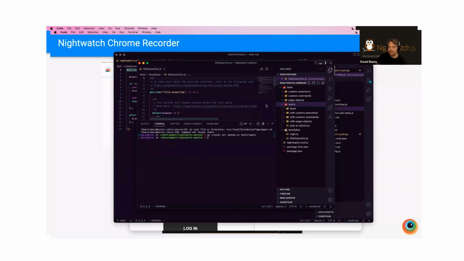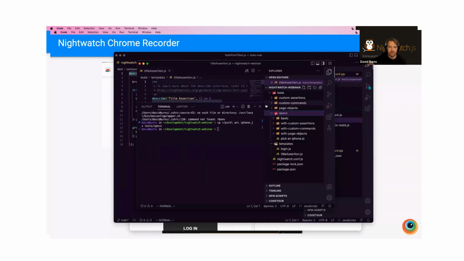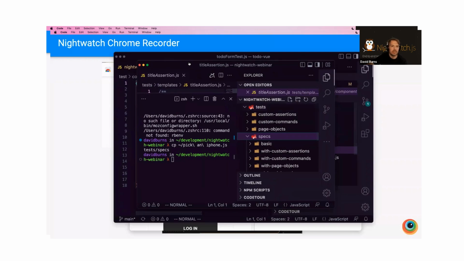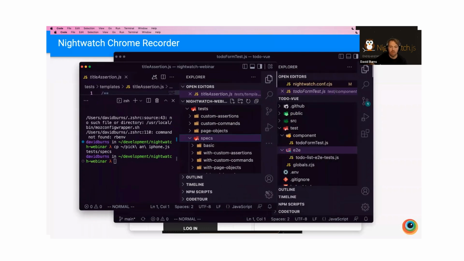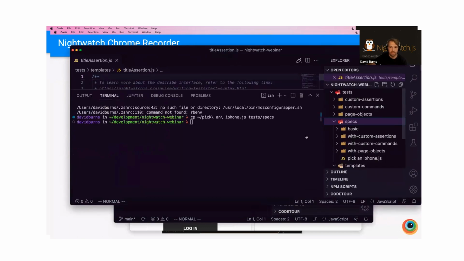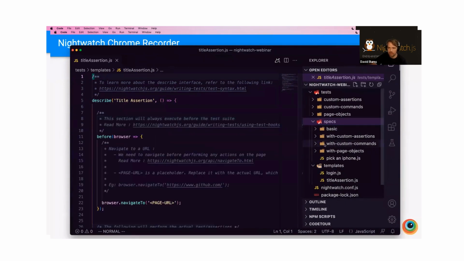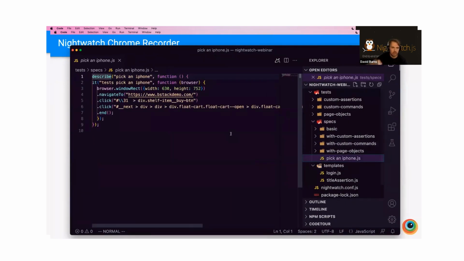Yeah, I will definitely increase the size. Sorry, folks. Let's do that. And let's just make the whole thing bigger. I don't need that anymore. And so here is our new test